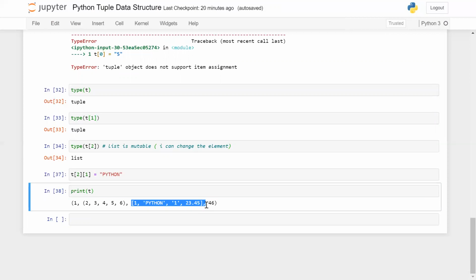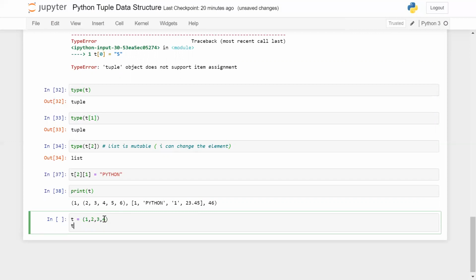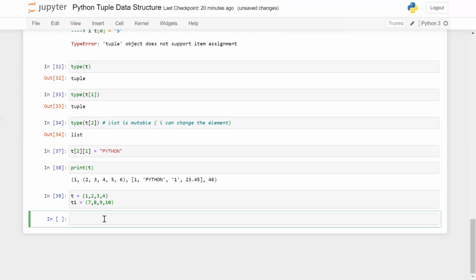Fine. Now let me give you more examples for better understanding. If I have t equal to one tuple and t1 equal to another, how can we concatenate? Simple, we can use t plus t1.